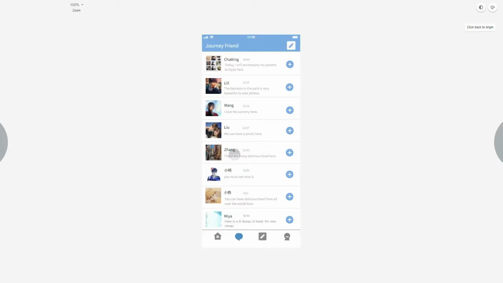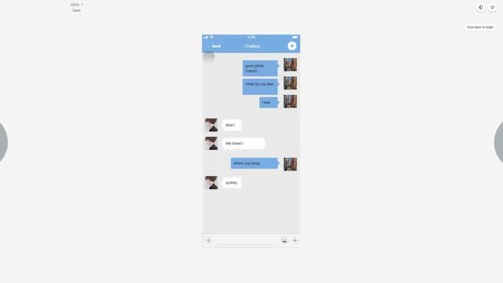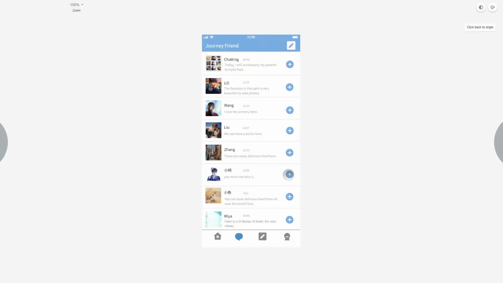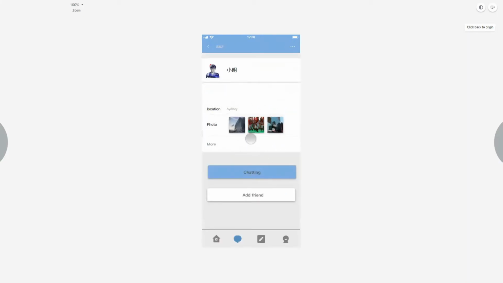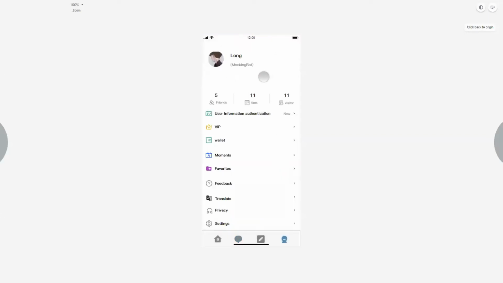You can also talk to individuals. This is where we have what we have seen earlier. And we can also add them as a friend if they allow us to, and their information would be here, whatever they want us to see. Ours is here. The users page is here, and we can translate.